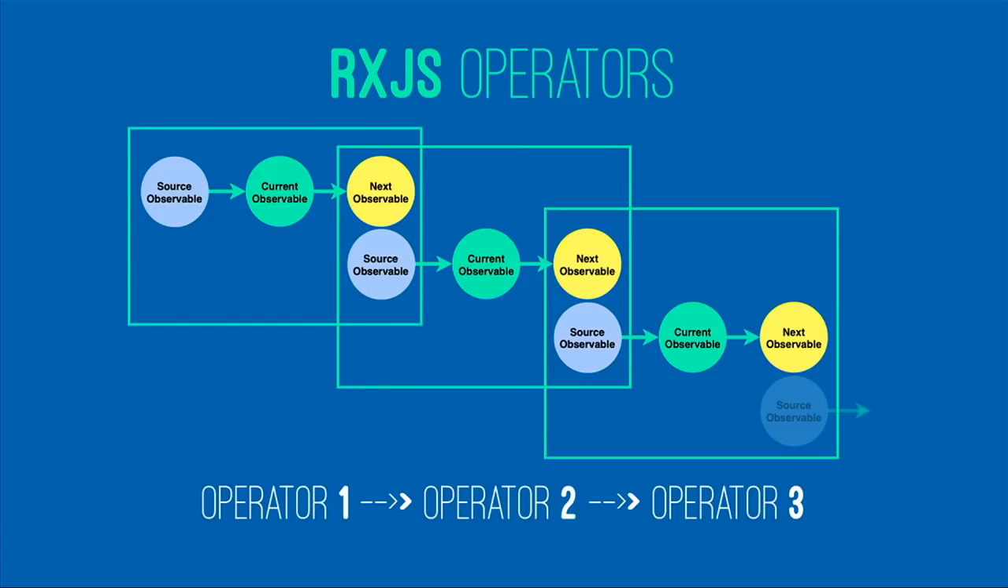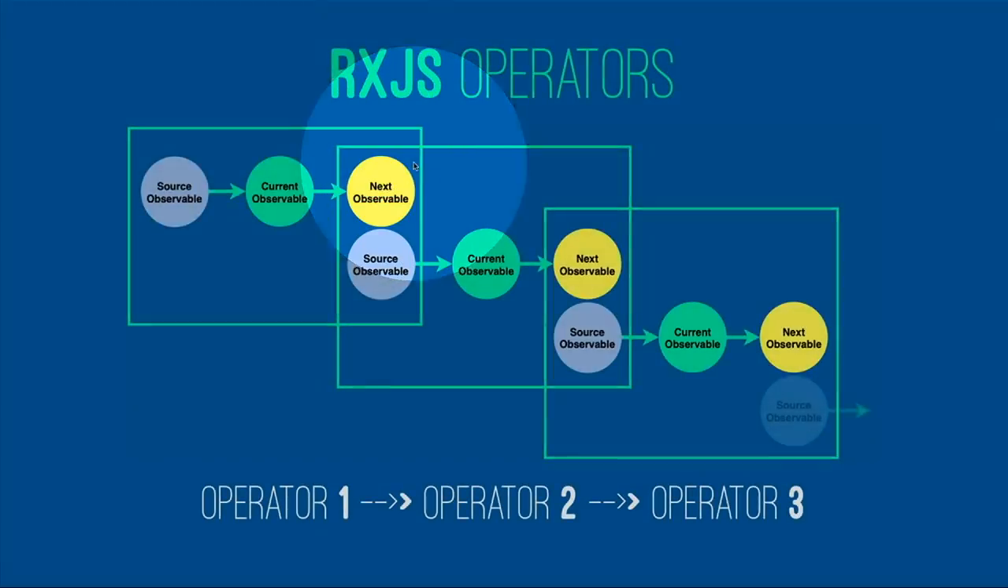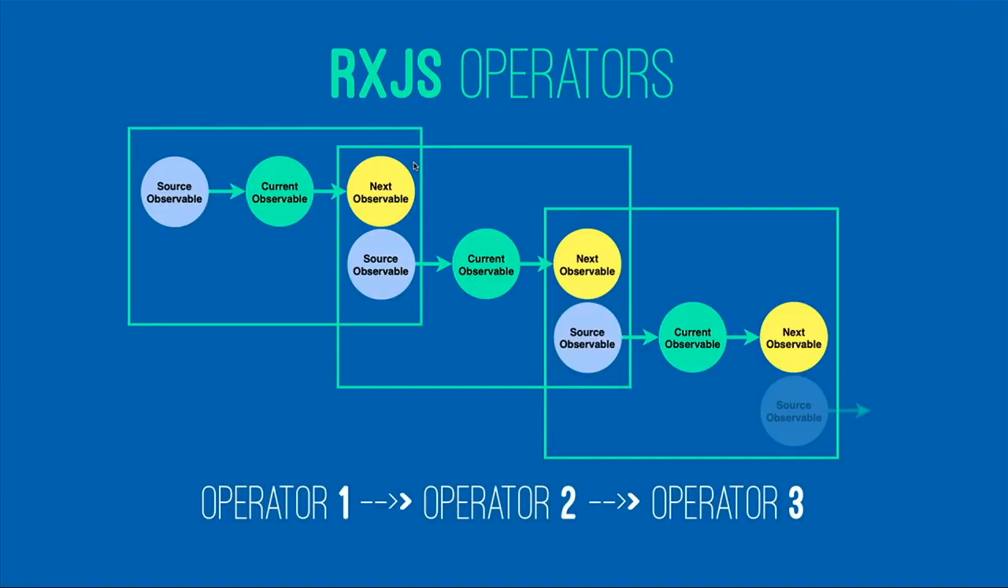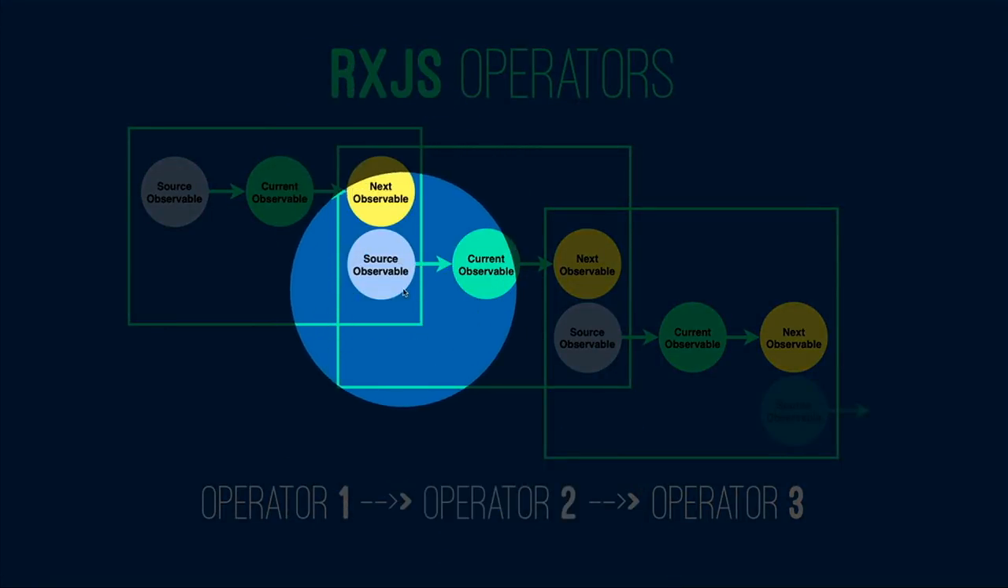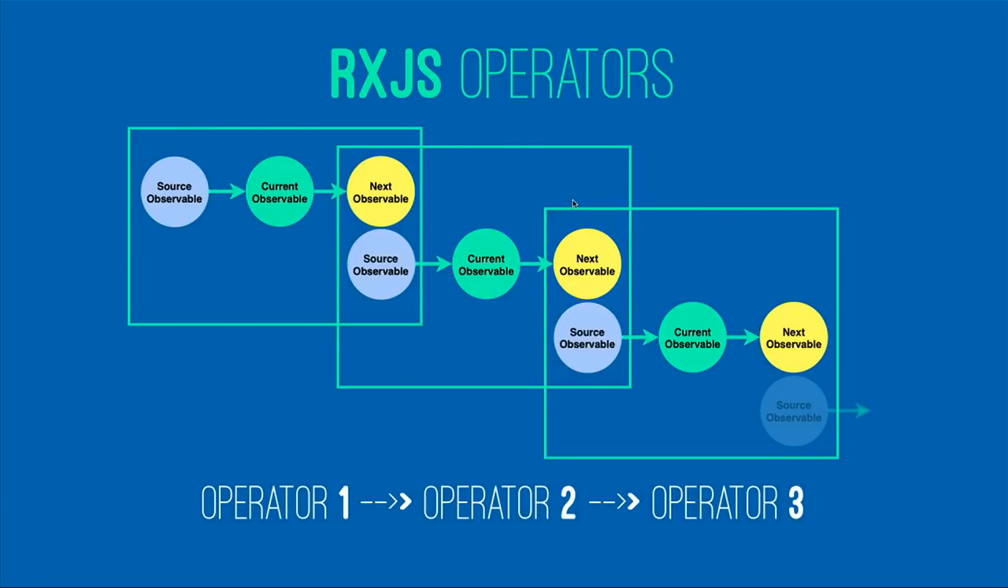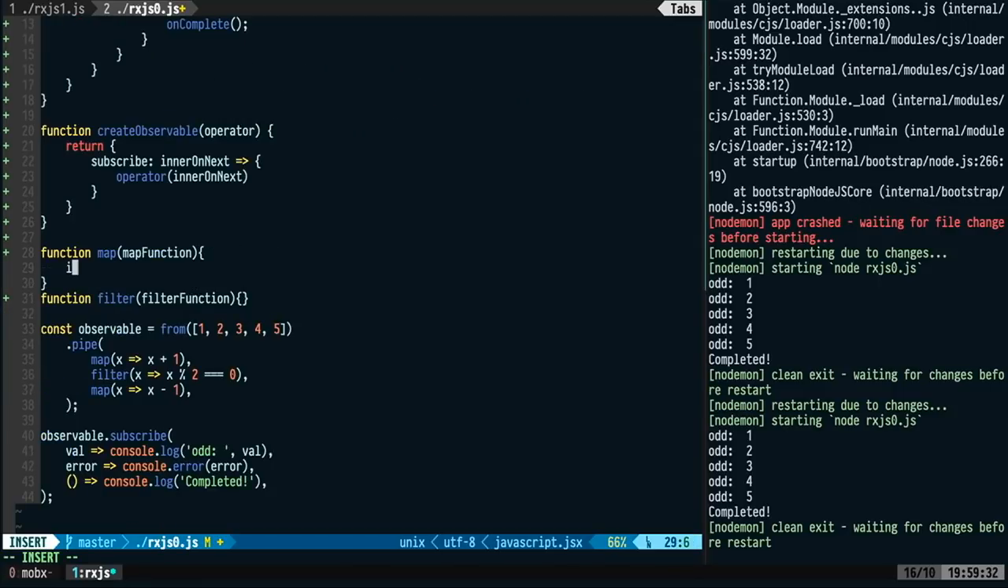RxJS operators are made of 3 parts: source observable, current observable, and next observable. We are connecting the next observable with the source observable of the next one. We are chaining them, exactly creating a chain of previous, current, and next, previous, current, and next. That will allow us to add an arbitrary number of them and to make sure that the values can go through. If we go back to this one and we start implementing the map function, we should, first of